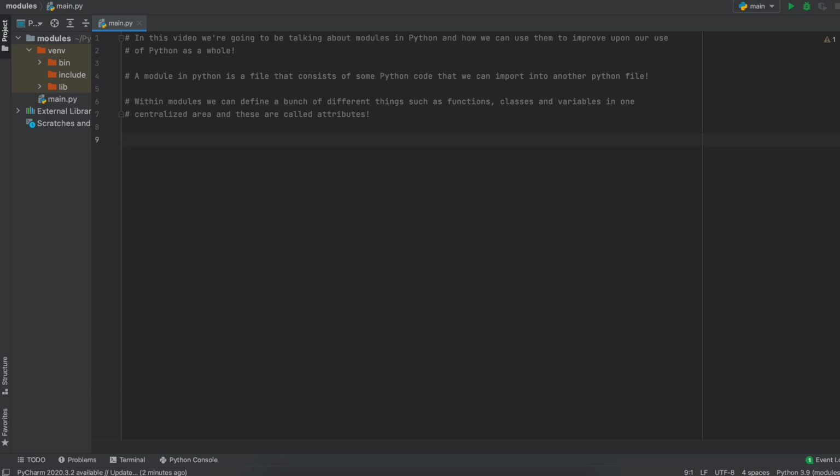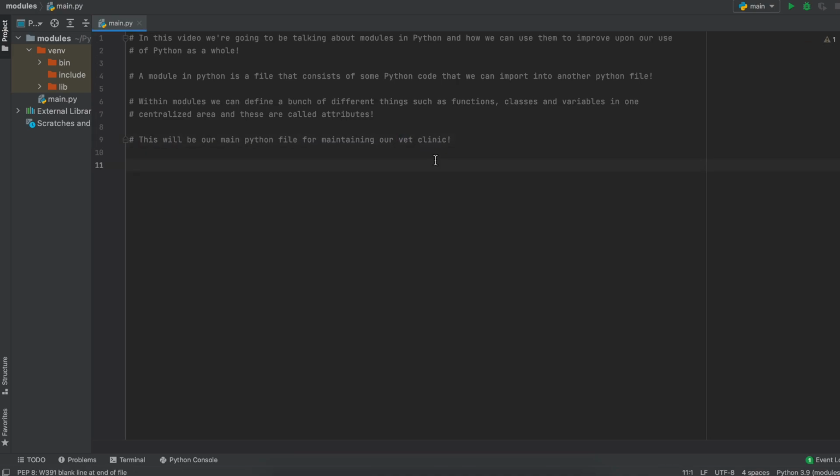Let's use the example of our previous video and say that we want to create a simple user database for our veterinarian center. Within this main piece of code, let's say that we can call any user within our simple database and be returned all of the information we have on that client. Additionally, let's say that we want to use a module to store the function that we use to add a new user to our database. So, we don't really need to do anything in our main piece of code yet.